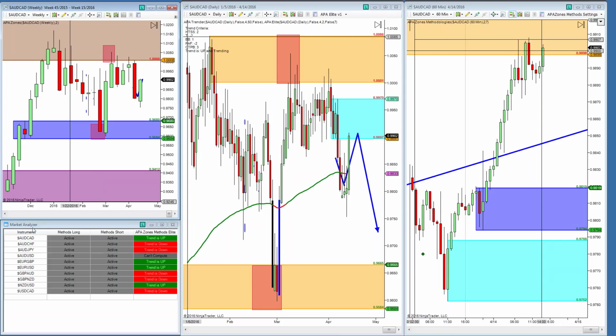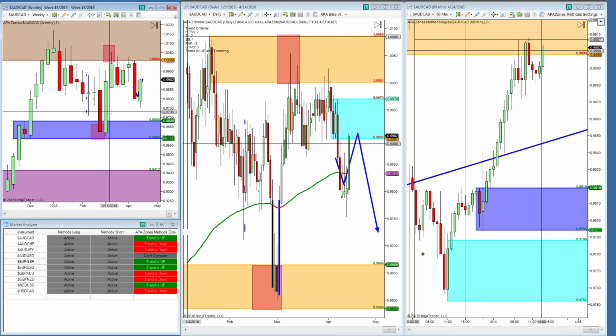analyzer. What that allows us to do is look at our elite software, which gives us trend and trading ideas in direction of trend based upon price action type of idea and setup and different trend criteria. And then it also allows us to scan actively for when price is bouncing off of one of our